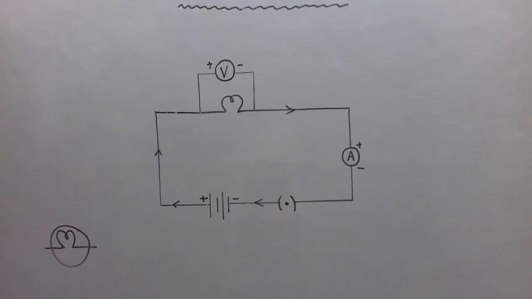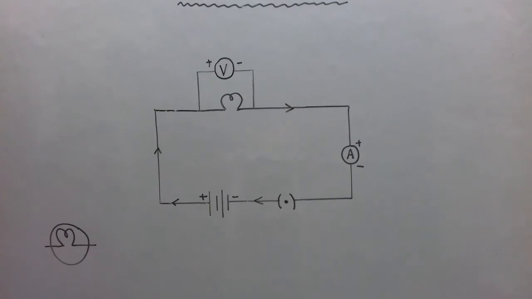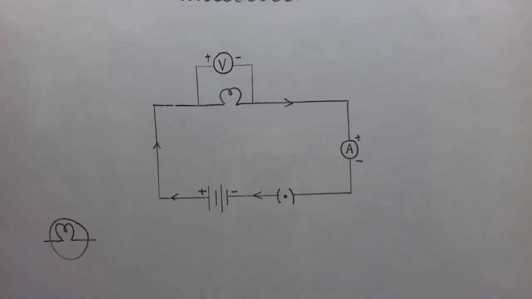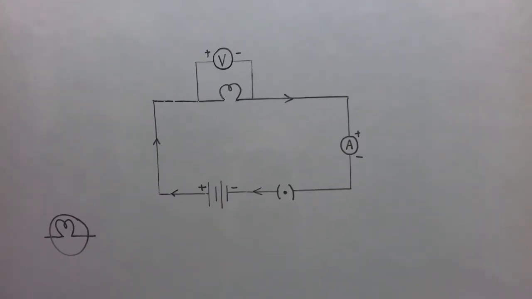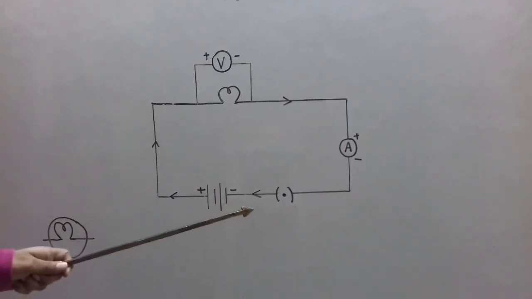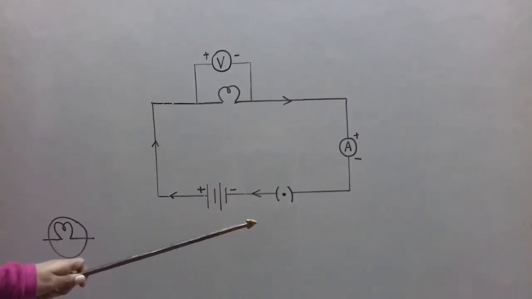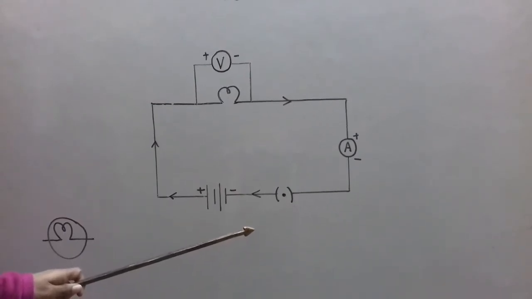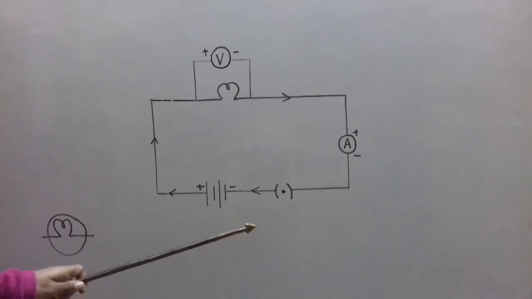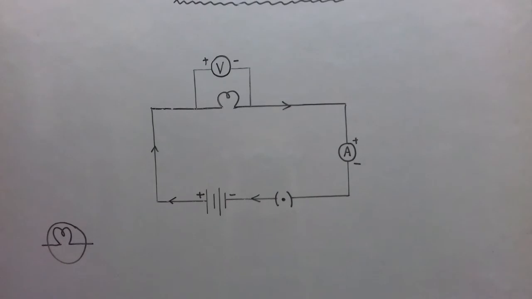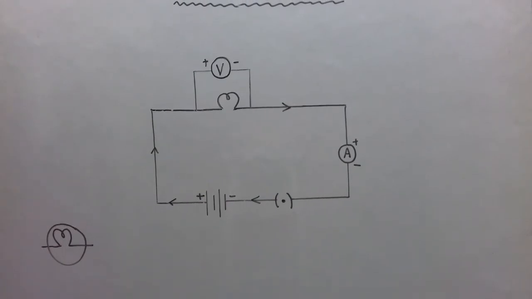Remember, as I have told you earlier, by convention the direction of current is taken as the direction in which the positive charge flows. But in reality, negative charge electrons flow in the circuit. So the current direction is not changed. It is still taken as the same, the direction in which the positive charge flows, but positive charge does not move. So we can consider that the direction of current is opposite to the direction of electrons in an electric circuit.